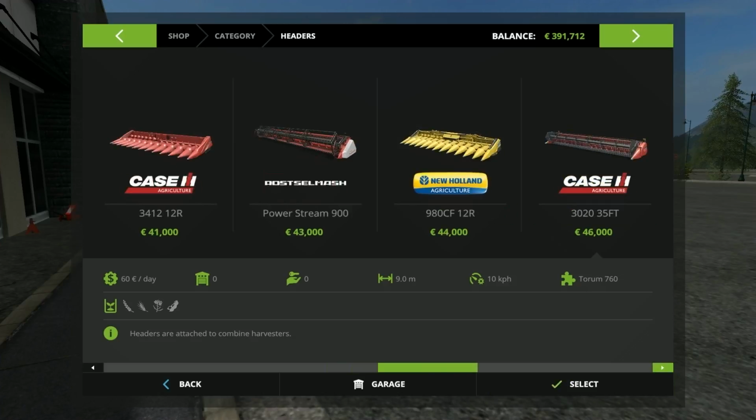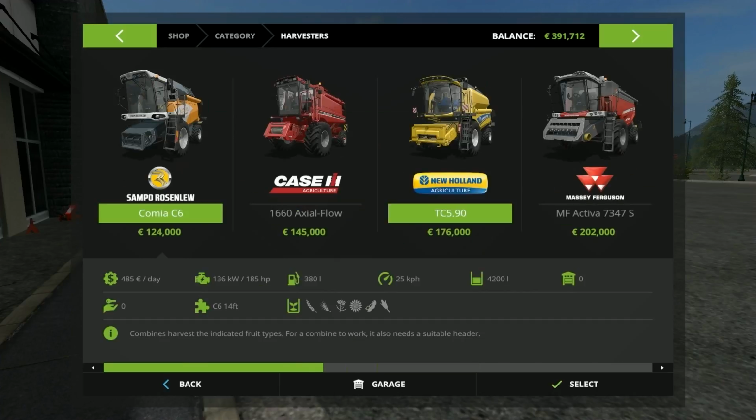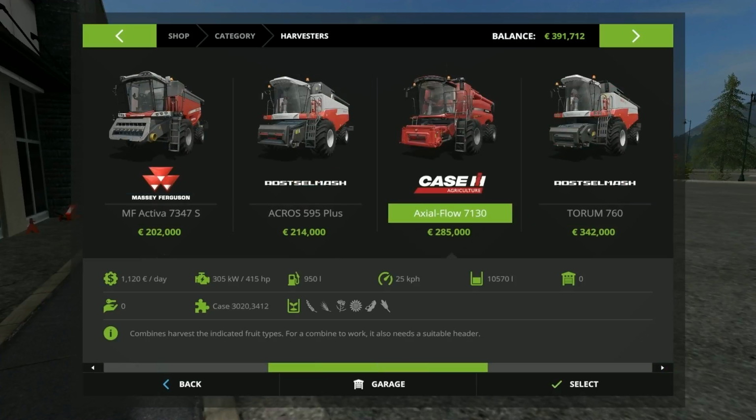Of course, it's a Torum nut. 7130. So if we want to go with 7130, that's going to be 87,000 just for the headers. Combine that with 286, and we have just enough to do it if we want to do it. But we can go back into the harvesters and double check it again, because the 7130 is 285,000. It's got 10,570, but